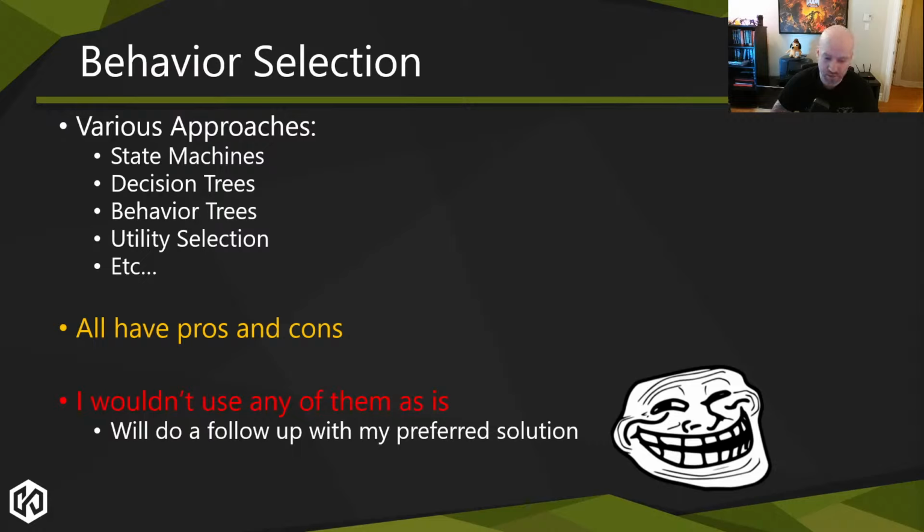I don't want to do it now because it's going to be an information overload. If I do a follow-up, it can be more tailored and simpler to understand. That being said, I think it's still worth going through all of those options, because what I've done in my case is take the best bits of each one to some degree, smush them together and simplify it. It's worth understanding each one of those approaches because they have benefits not just in AI, but in other areas too. It's good to understand state machines and hierarchical state machines. It's good to understand what a decision tree is versus a behavior tree.